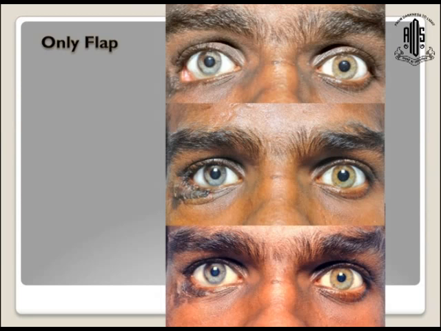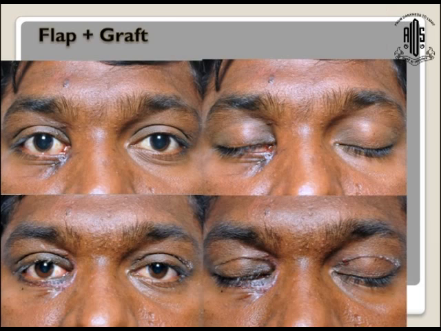This is a patient who has predominantly a lateral ectropion in the lower eyelid. These patients are excellent for monopedicle flaps as against skin graft. Here you can see that this is the flap which has been harvested from the upper eyelid over here, from the same upper eyelid, transposed down, and the patient does relatively well post-operatively.